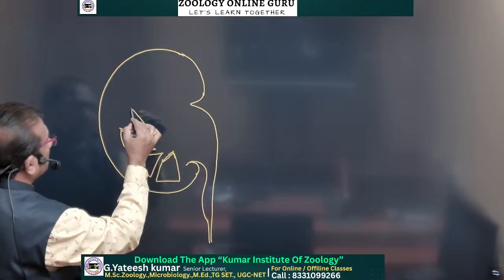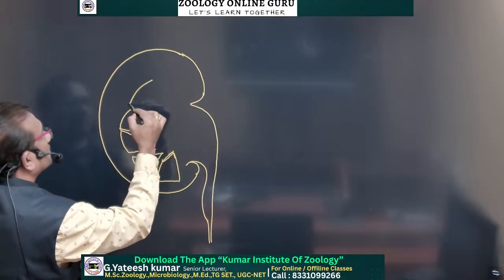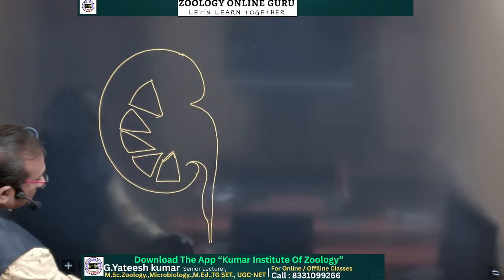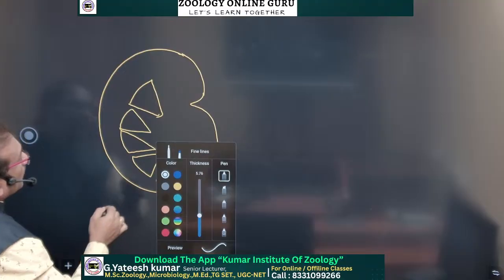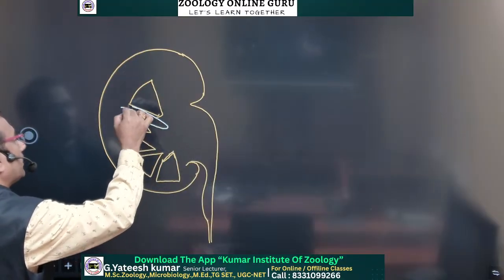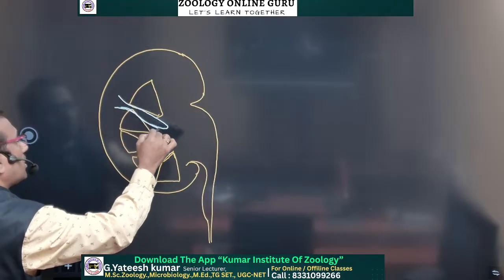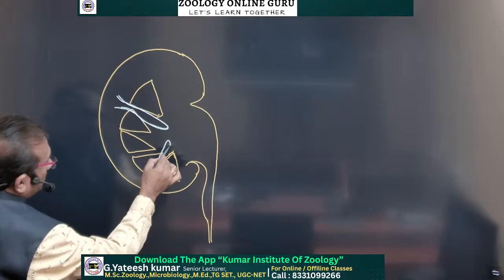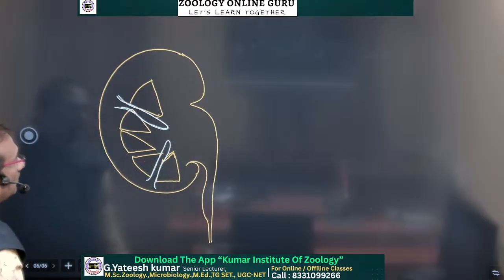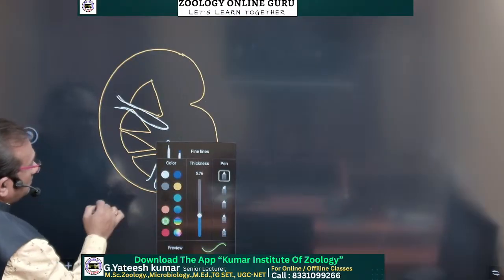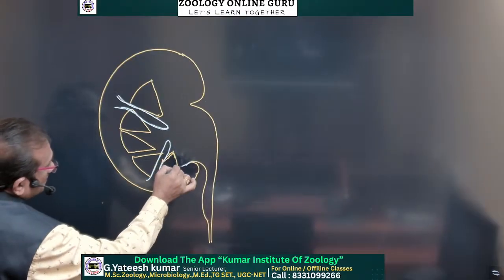These are the renal pyramids. The medulla is in the form of renal pyramids. And this is columns of Bertini, and here also a columns of Bertini like this. And coming to the pelvis area, the pelvis